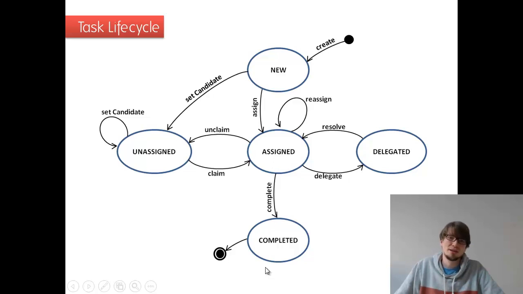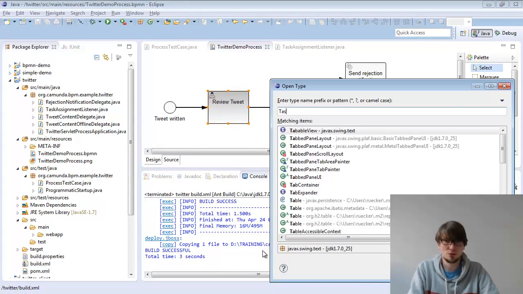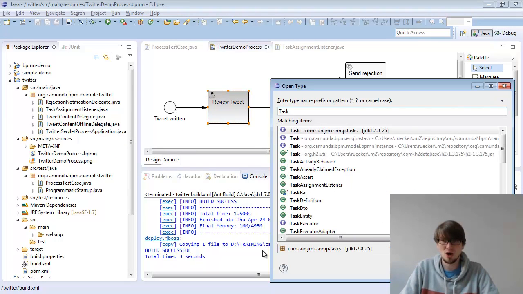When it's completed, it normally gets deleted, so it's not visible in the runtime anymore. Okay, that's the life cycle. There are a couple of attributes on a task which might be interesting as well, because you can have a look at that. So if you look at the task of Camunda,